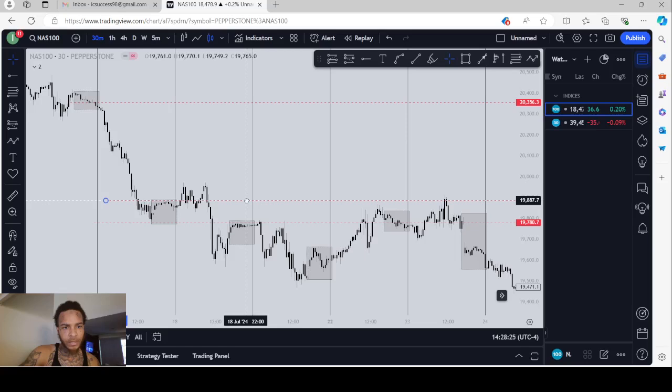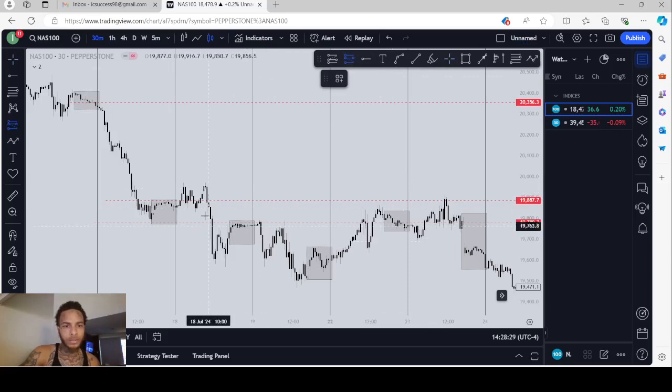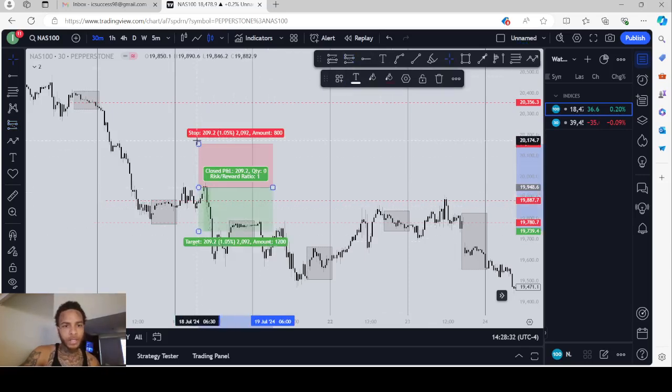It swept the Asia's high. You see what I'm saying? So we would have got in with a stop loss. Would have got in up here, stop loss up here as well,